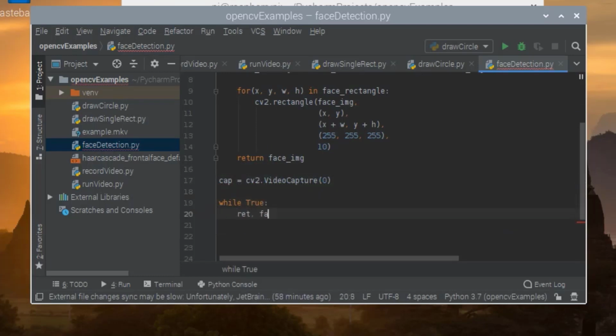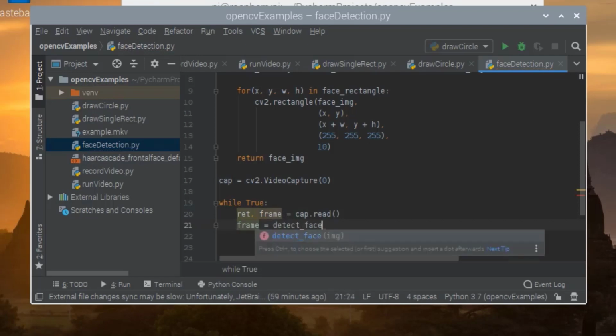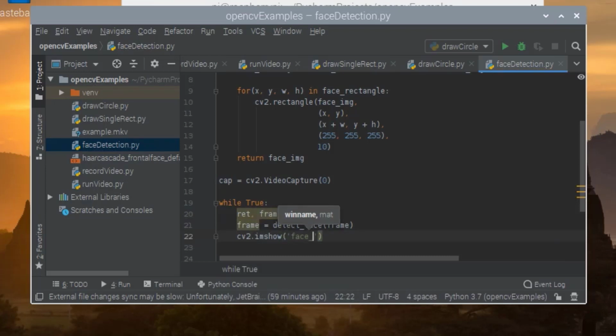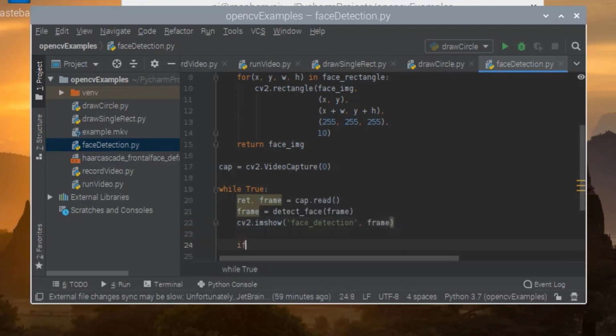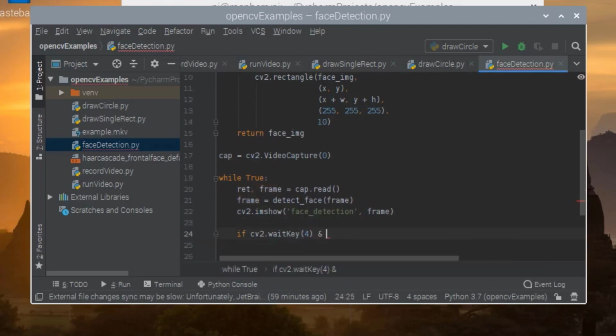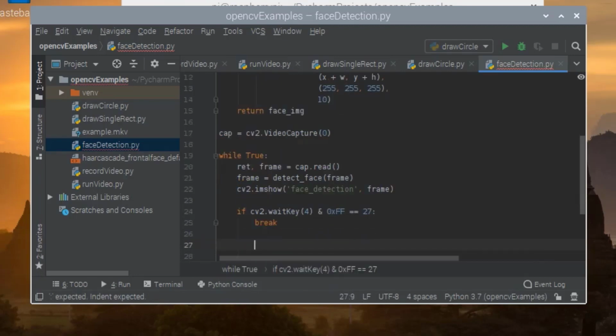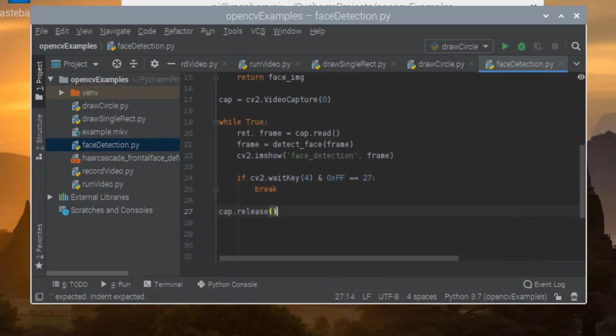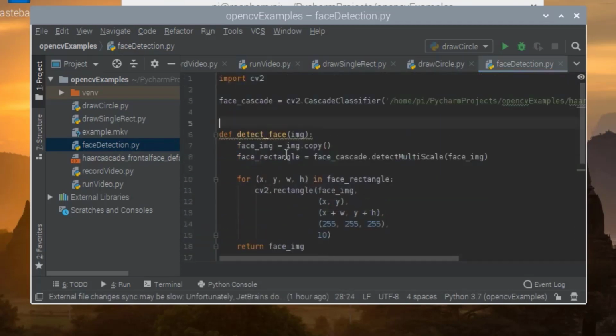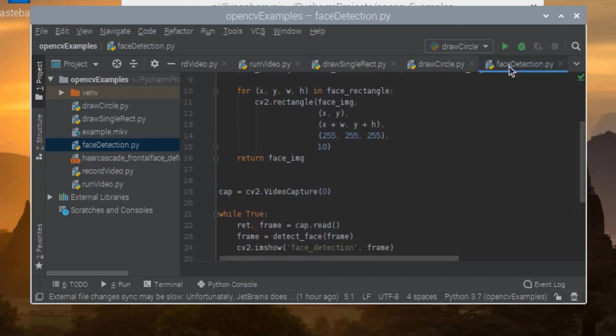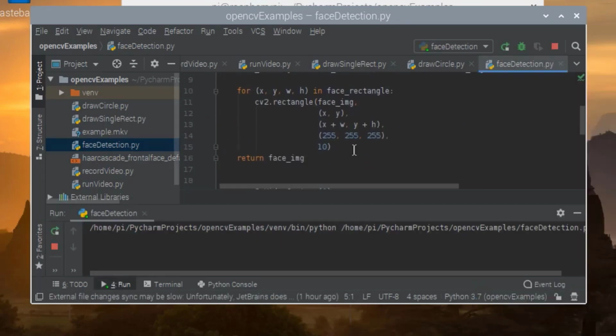Then capture the video like before with a 0, and in a while true loop, capture each frame and detect face, get this frame and put this into the show. That is all. Put some escape character to break. We can put some delay here for 11, doesn't matter right now. And also we have to close and release all the things at the end, like before. Give the correct things. So run, and